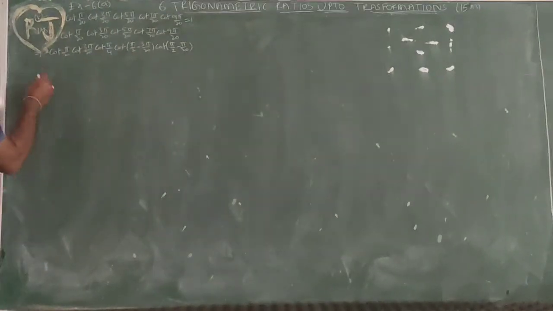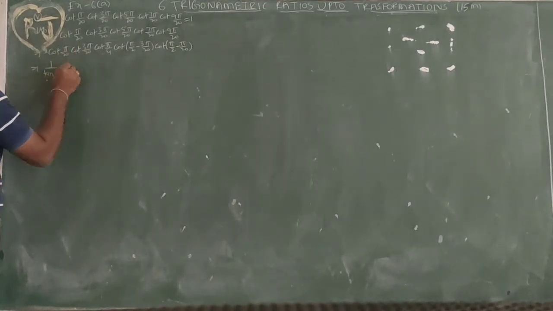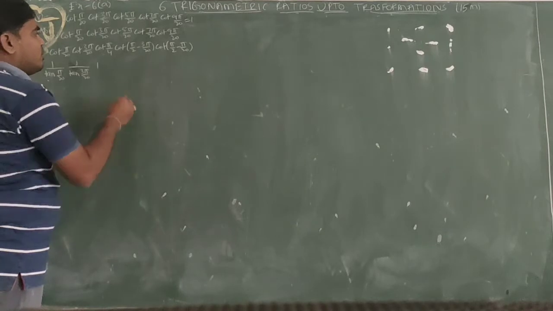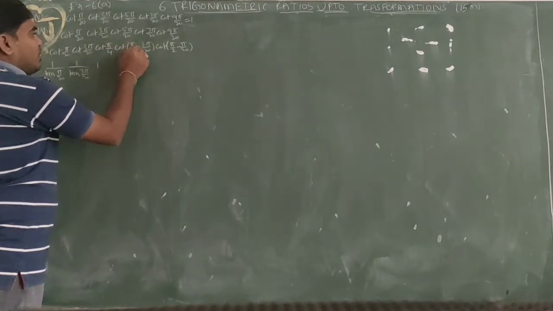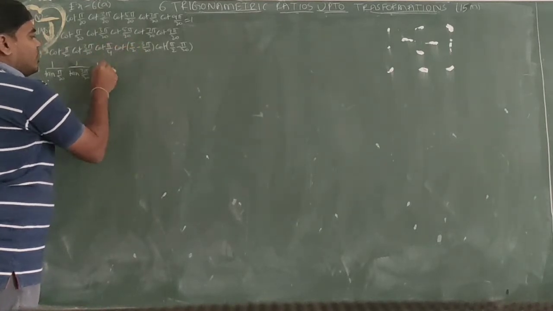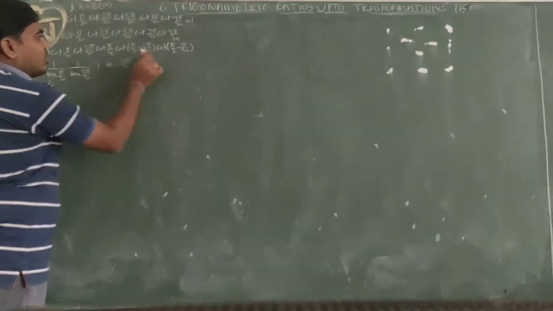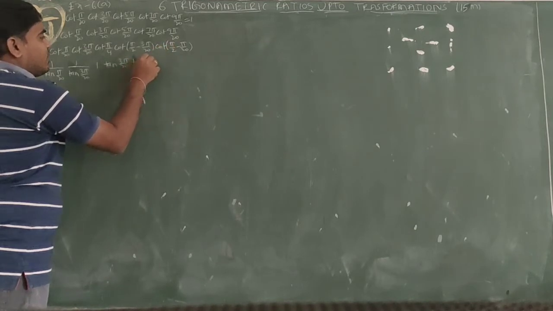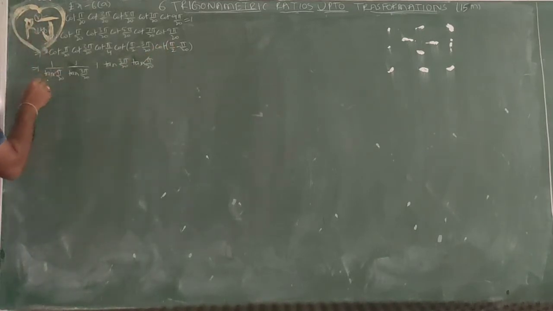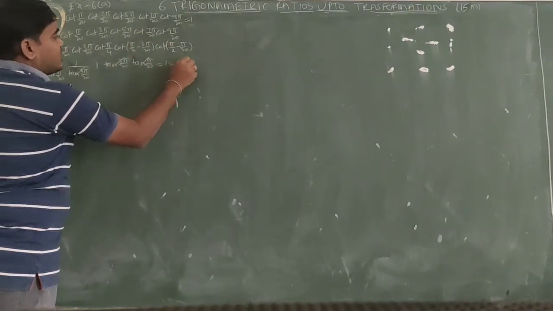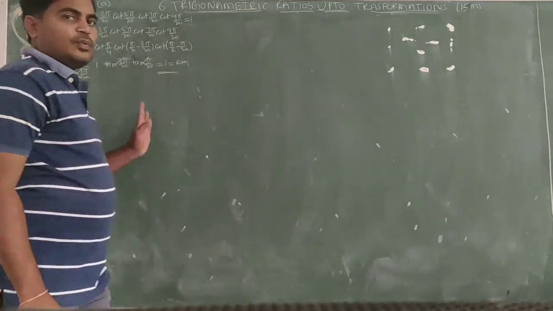Okay. Now cot equal to 1 by tan pi by 20, and this is 1 by tan 3 pi by 20. Next, cot 45 degrees, that is pi by 4, is equal to 1. For pi by 2, 90 degrees, cot will become tan: tan 3 pi by 20, and tan pi by 20. Tan pi by 20 and tan 3 pi by 20 cancel, giving 1. So this proves the RHS. We needed to prove only this one.